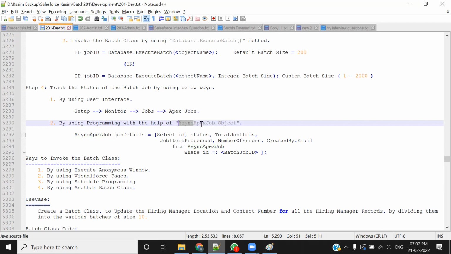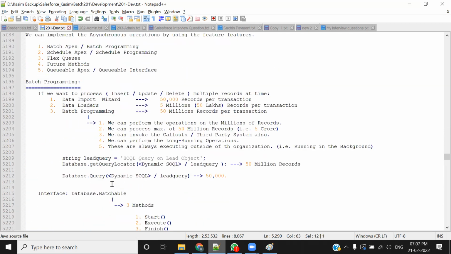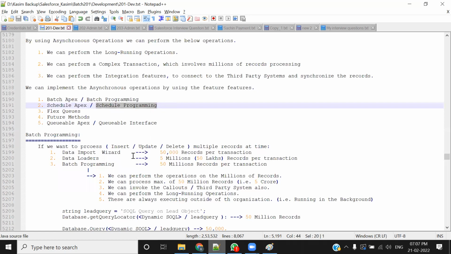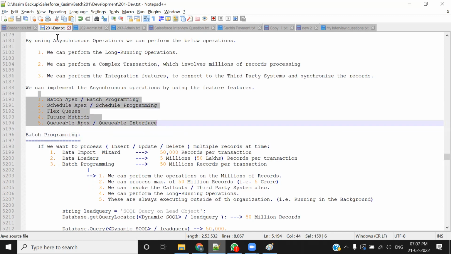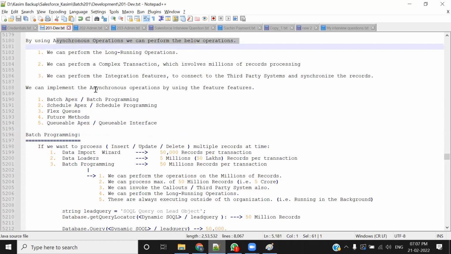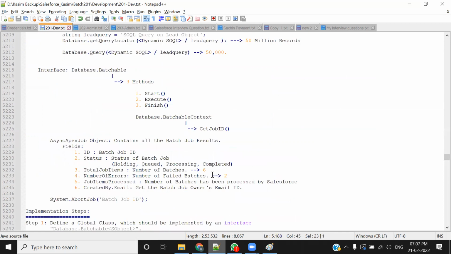असिंक्रोनस अपेक्स जॉब। अपेक्स प्रोग्राम है लेकिन सिंक्रोनस नहीं है। और सिर्फ बैच प्रोग्रामिंग ही नहीं, शेड्यूल प्रोग्रामिंग अगला टॉपिक है। जब शेड्यूल प्रोग्राम एग्जीक्यूट होता है, उसका रिजल्ट भी असिंक अपेक्स जॉब ऑब्जेक्ट में जाता है। फ्यूचर मेथड का रिजल्ट भी, क्वेबल का भी रिजल्ट असिंक अपेक्स जॉब ऑब्जेक्ट में ही जाता है, क्योंकि all these are asynchronous operations।